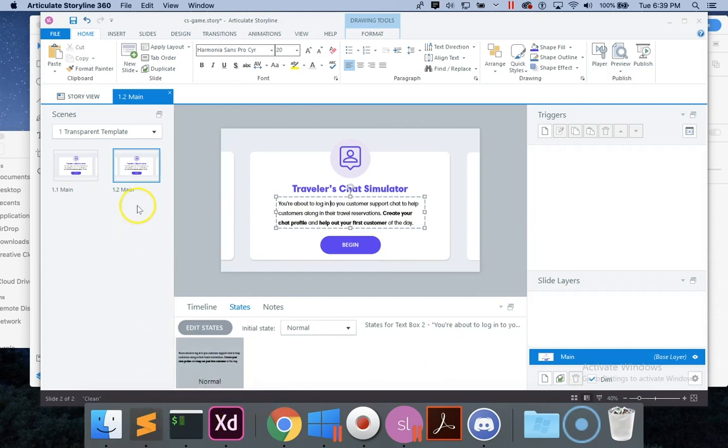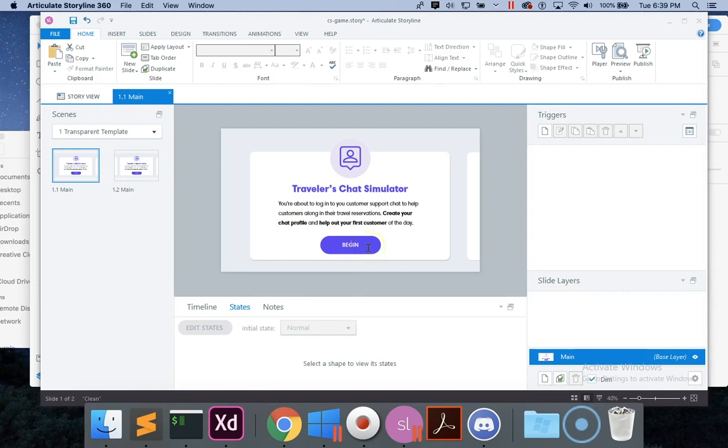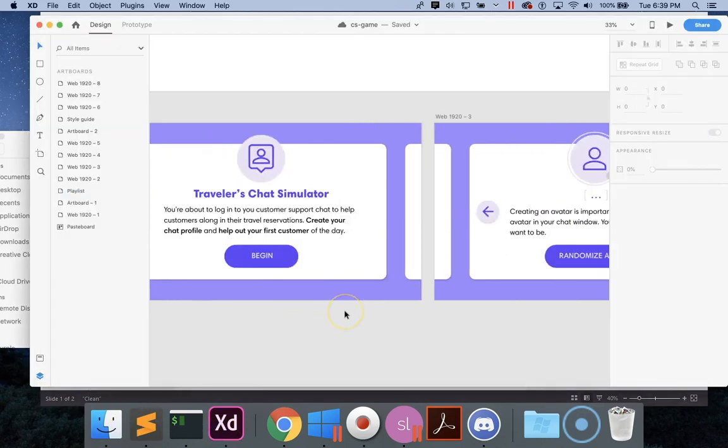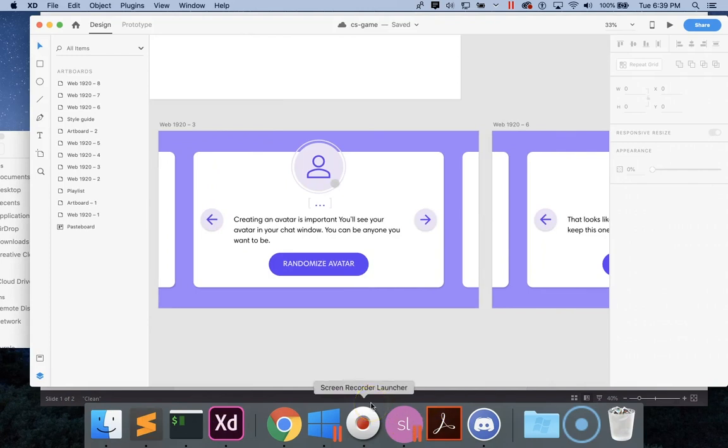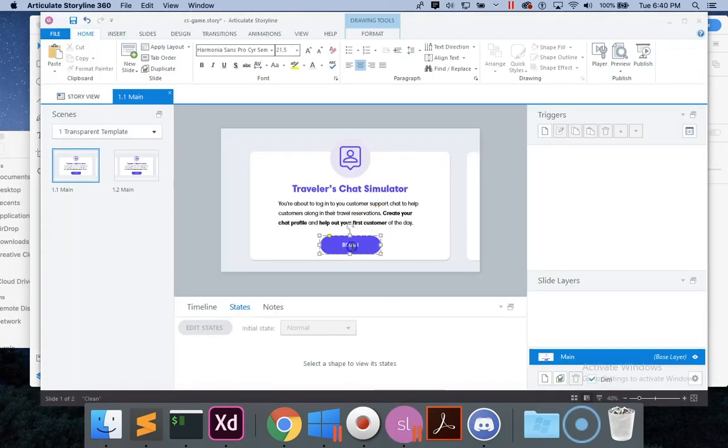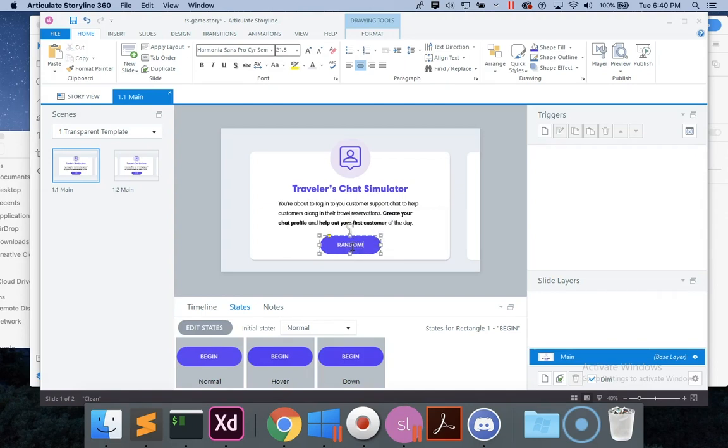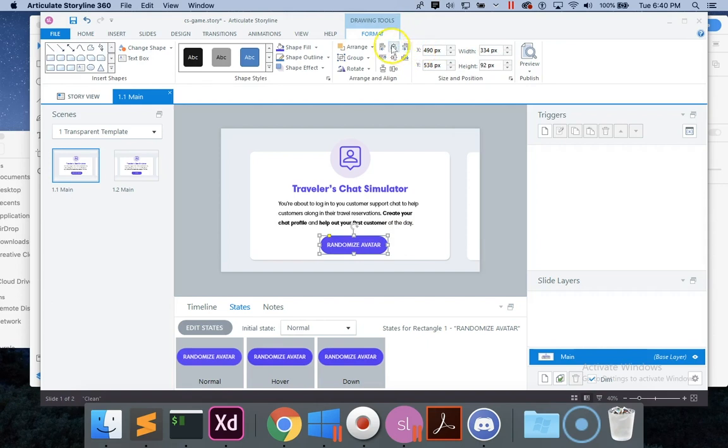So this next piece is, you've clicked into this and you've begun your thing. Now the next piece is going to be randomizing the avatar. This is where you're going to create your avatar. So first create an avatar and then create a name that will go along with it. So let's change this to randomize avatar. And for this, I don't know if we should make the button overall a little larger for some space. And then we'll just apply this to,